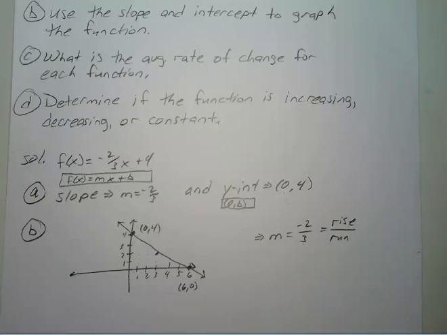And actually, if you find your x-intercept, you'll find that's your point there. Okay, so you can either do the rise over run, or you can find the x-intercept. Okay, so for C,